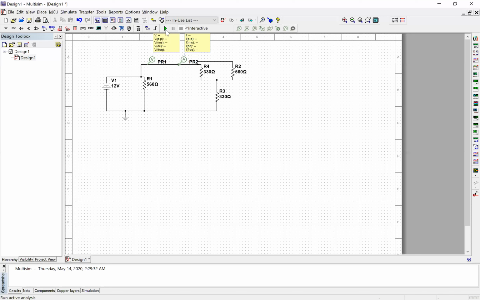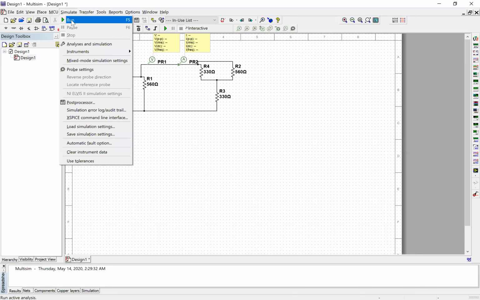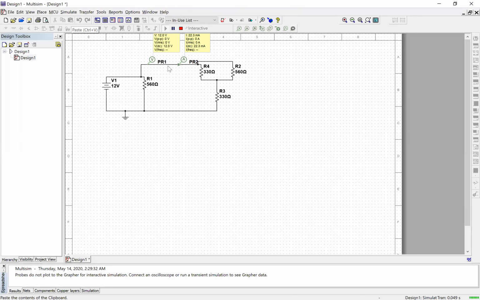So now if I press this little run green arrow, you can also press F5, or you can go to the simulate menu and choose run. If I do that, I can see that I've got 12 volts here, which makes sense because that's directly connected to my 12 volt supply, and I have 22.3 milliamps here. Okay, so I'll stop my simulation so that I can make more changes to the circuit,